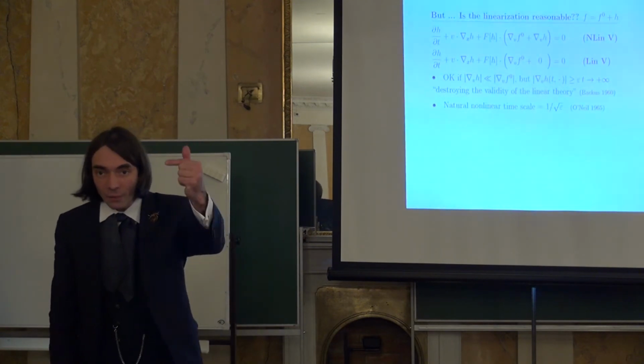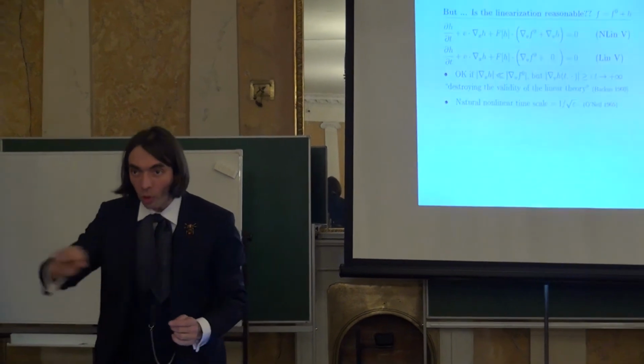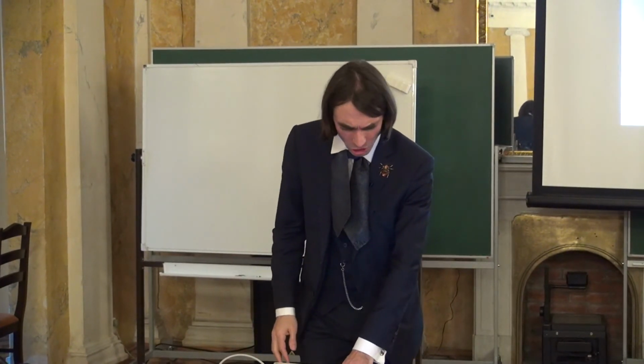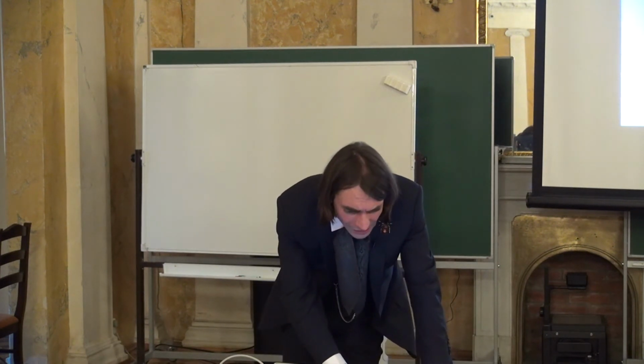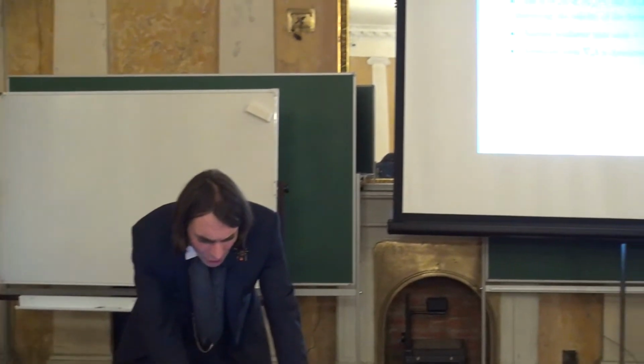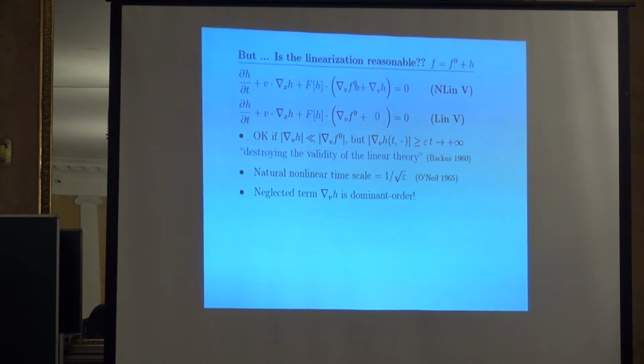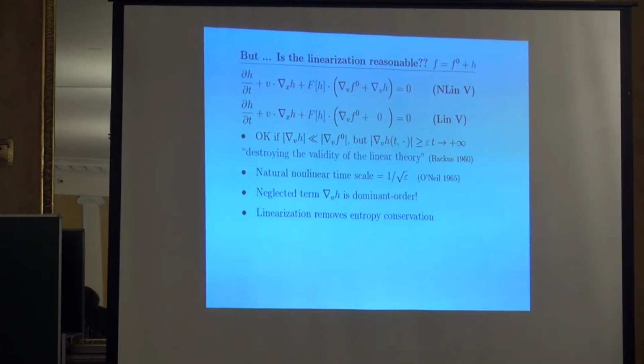Not because you started far from equilibrium, but because you wait for a long time and you don't have any mechanism keeping you close to equilibrium, like it would be for the Boltzmann equation. If you look at this from just the point of view of analysis of PDE, you notice that when we linearize, we neglect a dominant order term: the first order derivative in v, and there is no other term which is a derivation in v for the unknown h. This can be very bad. Maybe it changes your behavior completely. The linearization at physical level removes the entropy conservation, so maybe it's different physics.